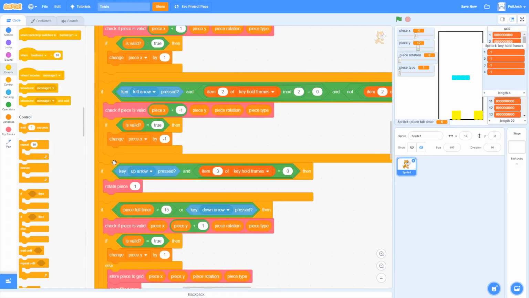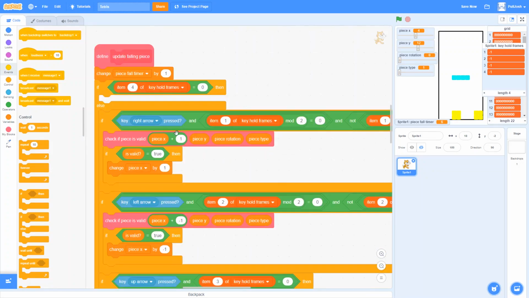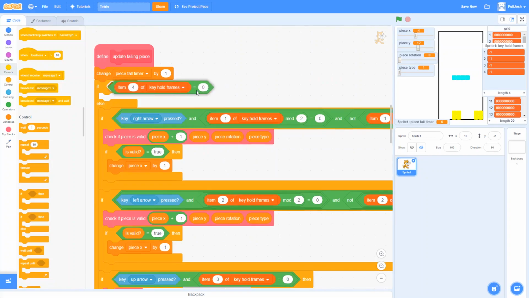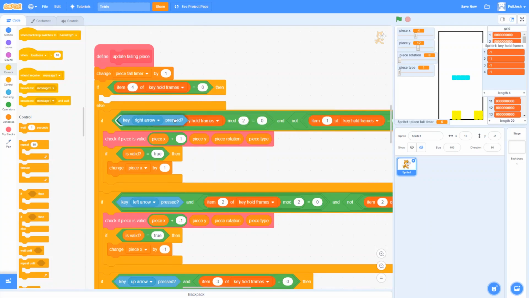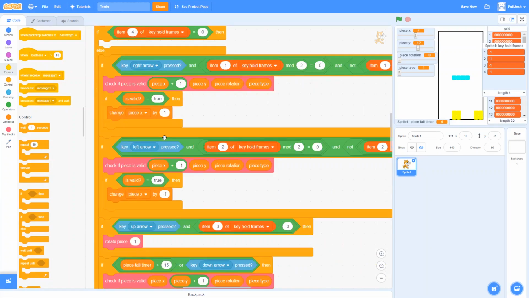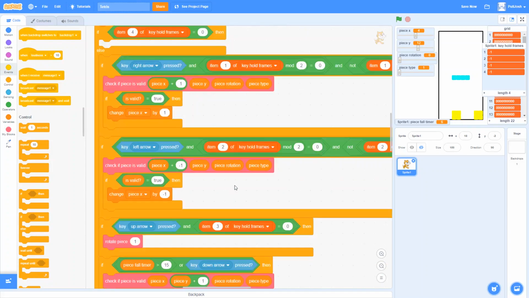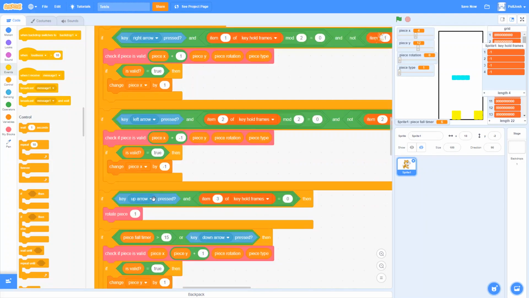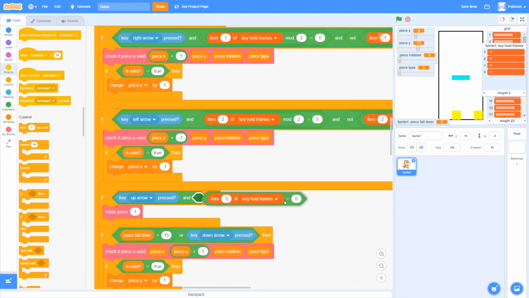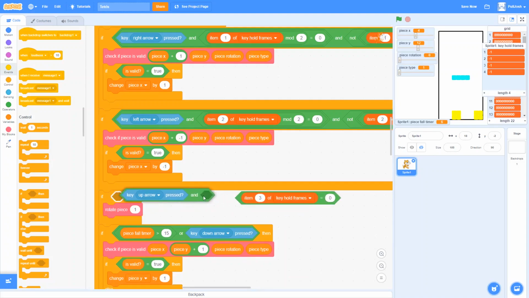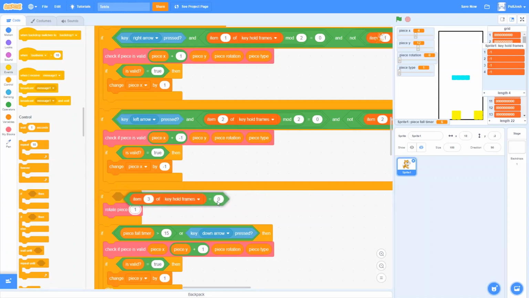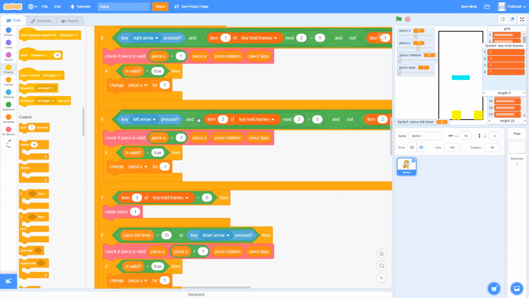Now, one thing I've just noticed here is that when we were programming this spacebar detection, we didn't actually use the key pressed block. And it's becoming apparent to me that we don't need that on any of these three little if statements either. If we're checking for the up arrow, we already are checking for it to be pressed just by checking the list item. We don't really need this at all. And so I think just to keep the code clean and small, this is a good chance to